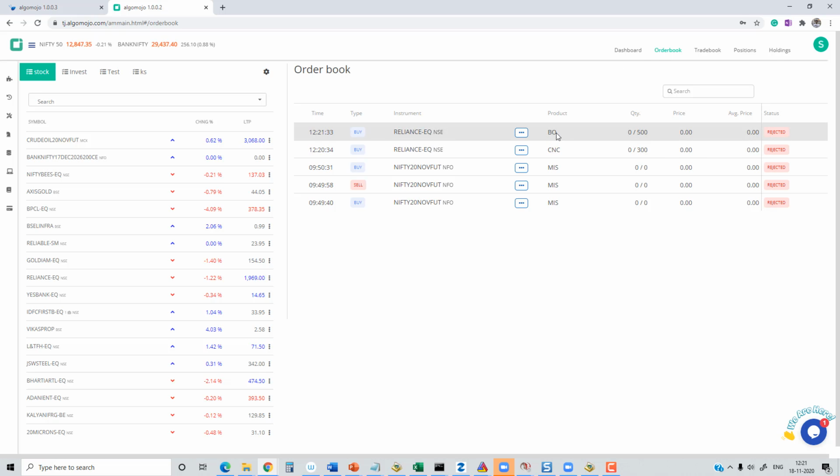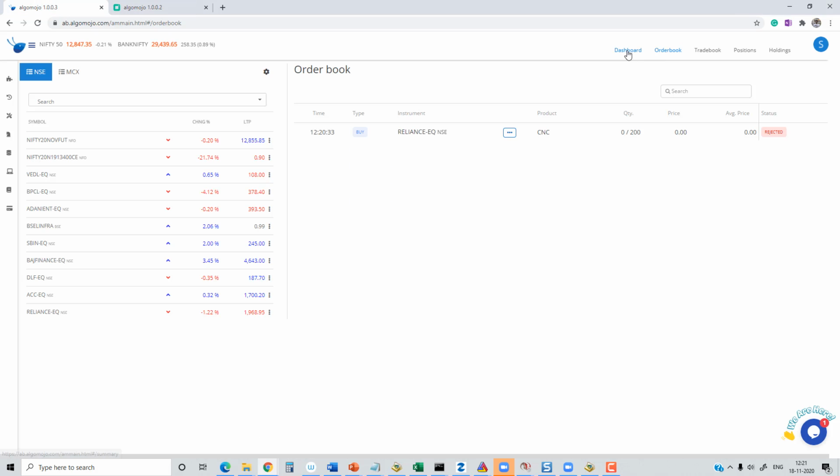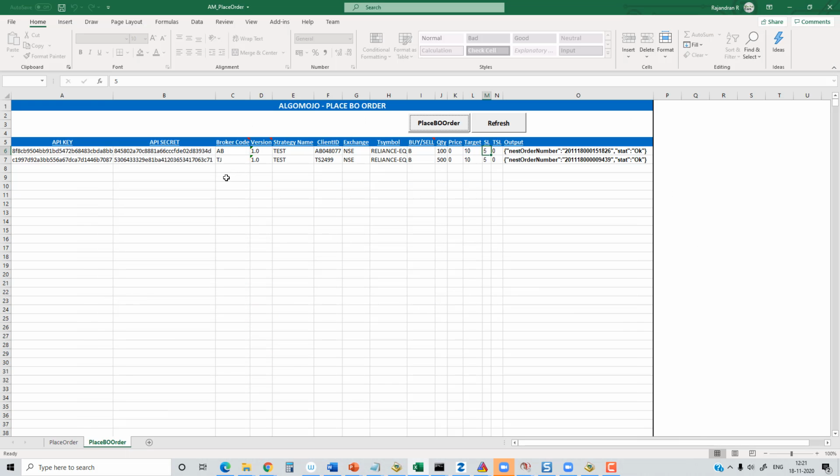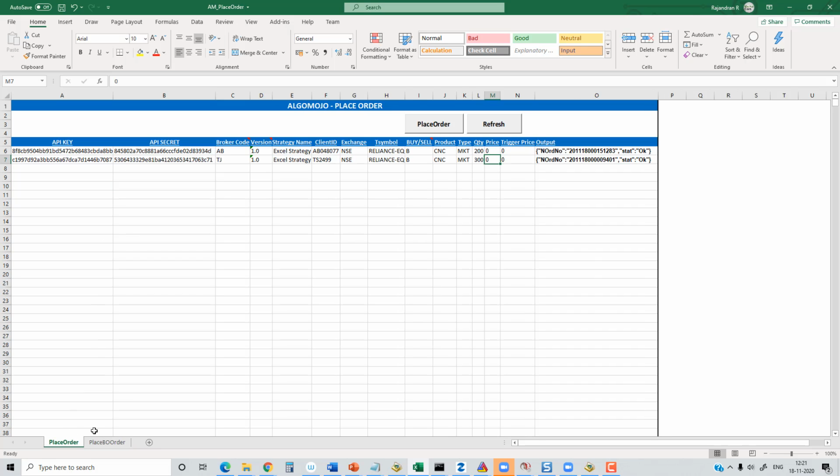You can see that. And with LS Blue as well. So let me show you in LS Blue as well. I'll go to the LS Blue tab, click on the order book, and you can see that the 100 quantity got punched in LS Blue as well. So this way we can send multiple bracket orders, multiple cover orders, any kind of orders can be sent using